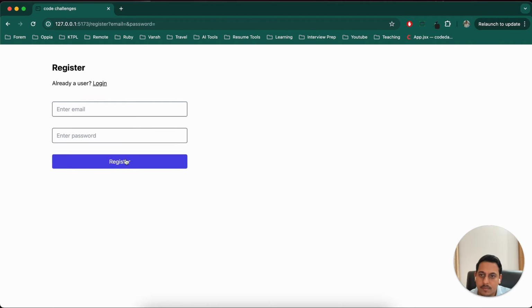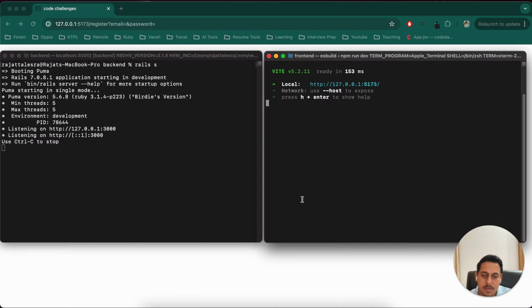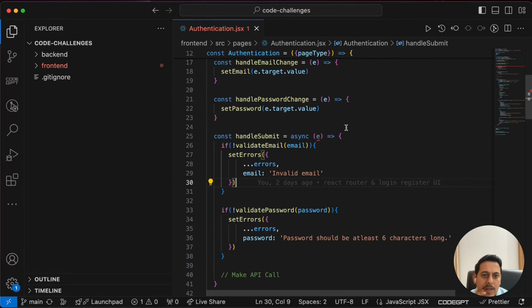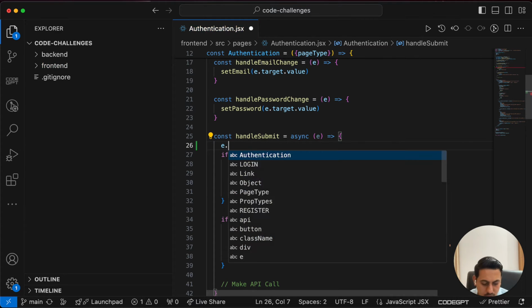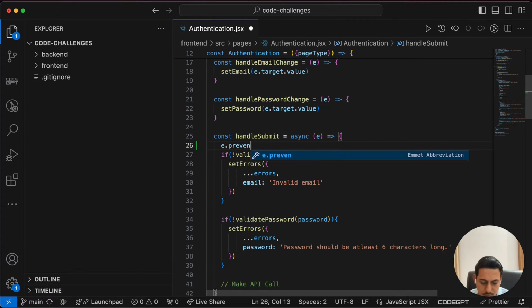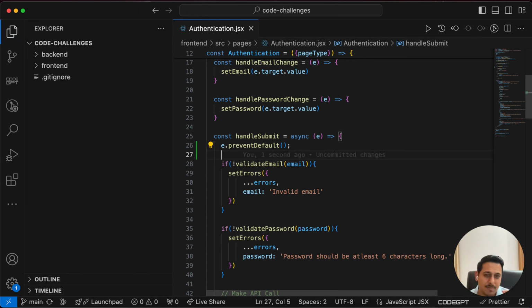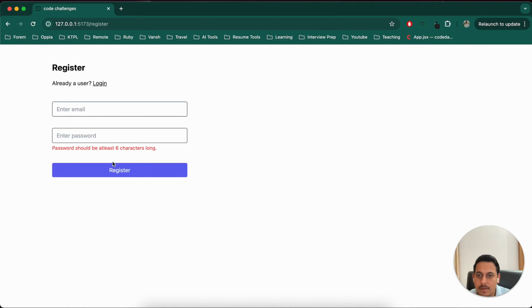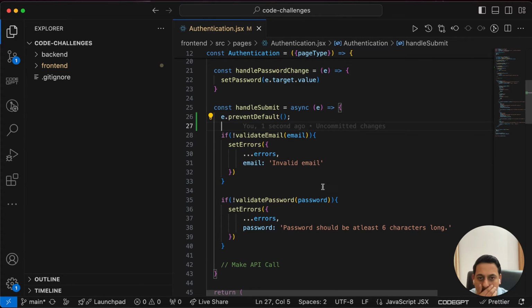Okay, so first I'll fix this particular error. And for that, I think one of the subscribers mentioned that we just have to use e.preventDefault. This is a very small error that I actually miss on a lot of projects. But anyways, let's do it again. Okay, we are getting this error, but we should get an error for this also. And for that,